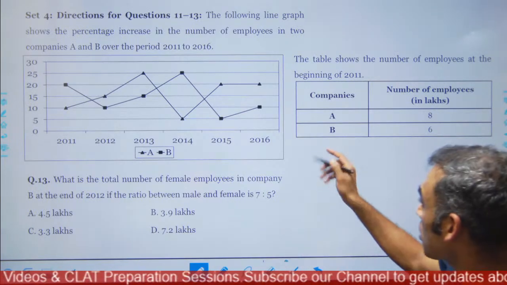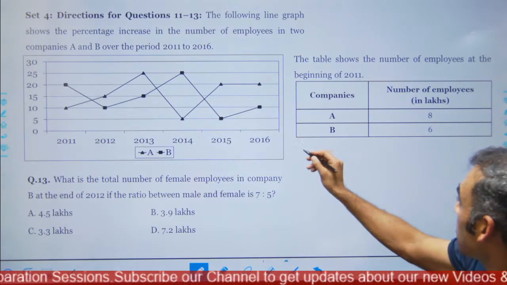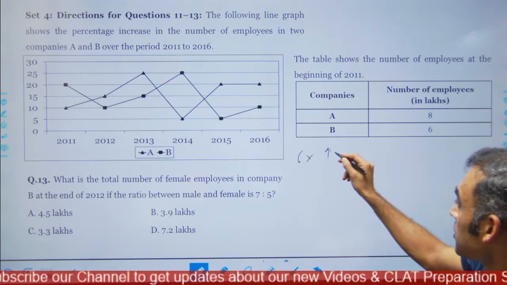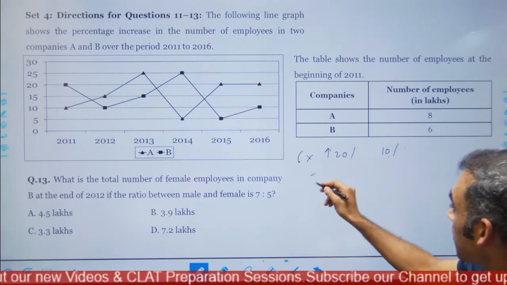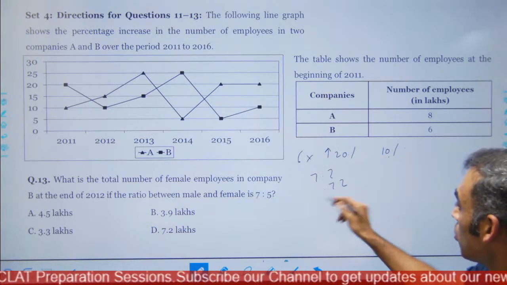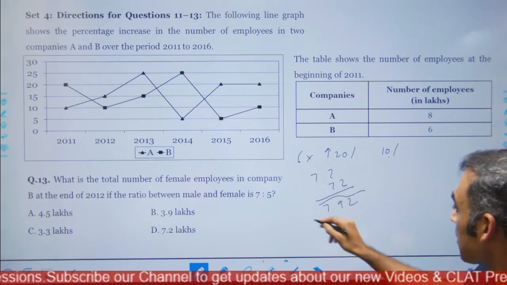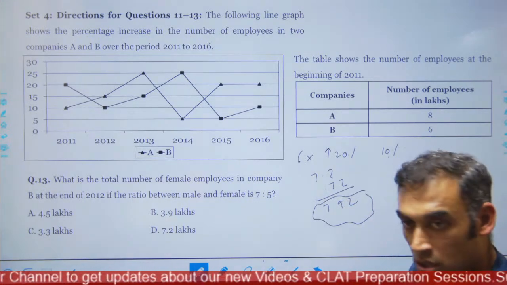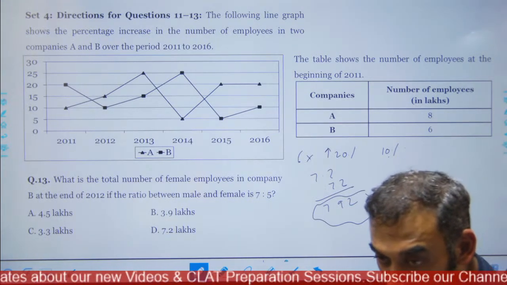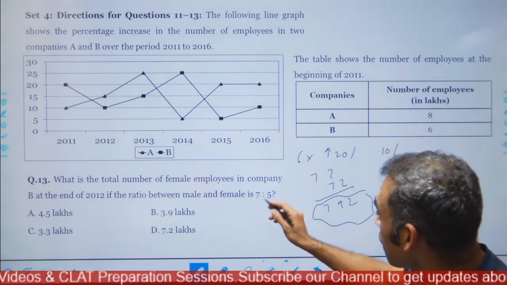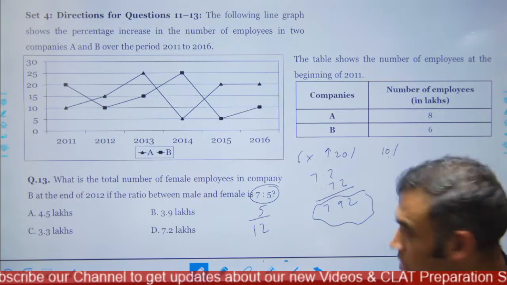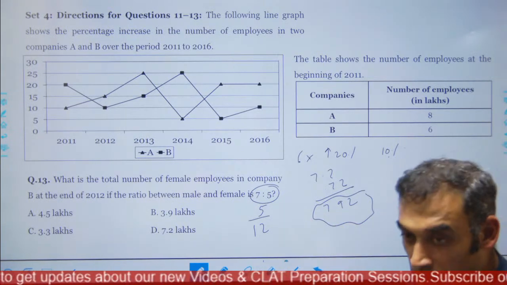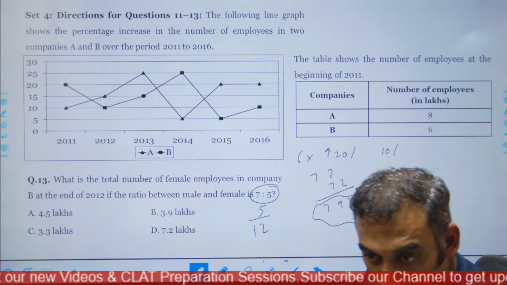ये हम लोग ऑलरेडी कर चुके हैं, मतलब करने की जरूरत नहीं है फिर से, बट आपके पास डेटा ऑलरेडी था। ये 20% से ग्रो किया सबसे पहले और फिर ये ग्रो किया 10% से, तो ये 7.2 से 7.92 हो गया। हमारे पास 7.92 का फिगर आ चुका है। अब इसमें हमें नंबर ऑफ फीमेल्स निकालनी है। नंबर ऑफ फीमेल्स क्या है? 5/12, बिकॉज ये रेशियो दिया हुआ है। अब 7.92 का 5/12,